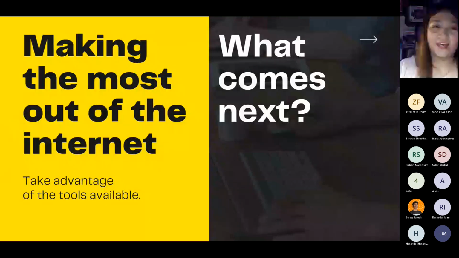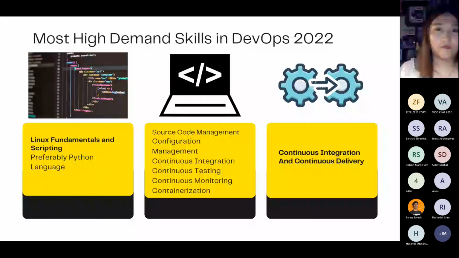Okay, thank you. So what next? You're making the most out of the internet and taking advantage of the tools available. So that's what I did before I became a DevOps engineer. So first, high demand skills in DevOps are Linux fundamentals and scripting. Most preferred language is Python. So gone are those days when companies worried about